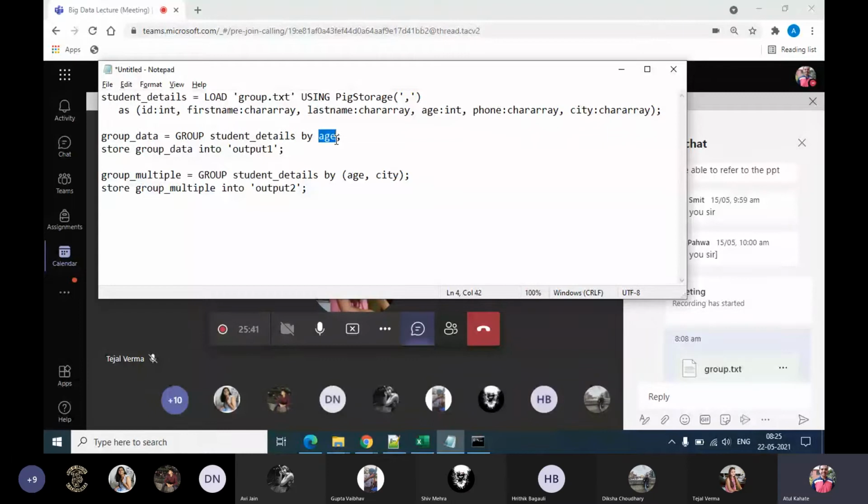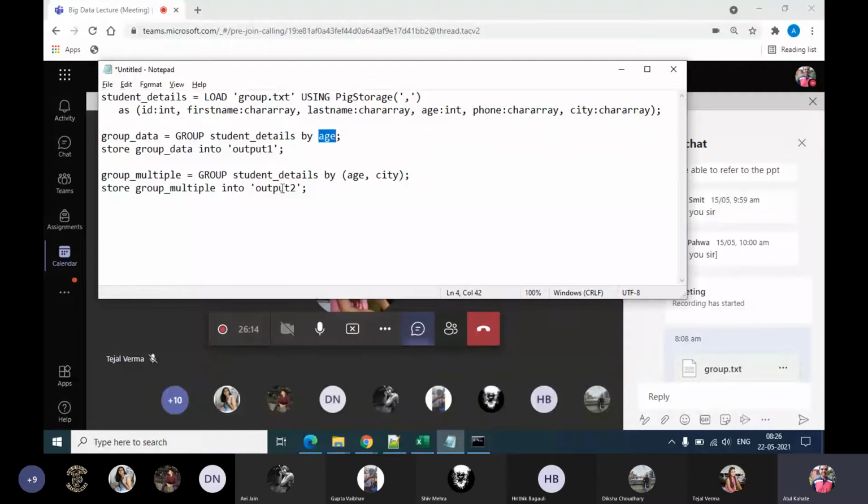And then it will store that data into the output 1 directory. Next, it will do the grouping on multiple fields by age, and within the age on the field city. And then it will store that output into a second file under the directory output 2.